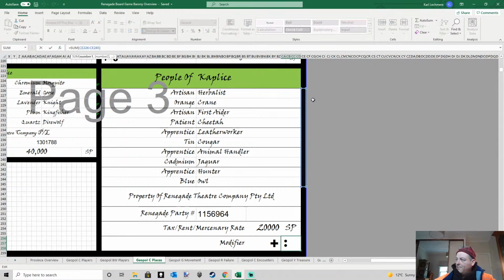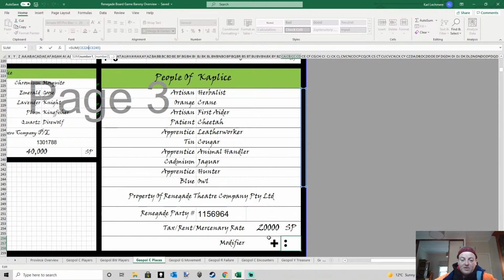You can see this highlighted section here. This highlighted section is referring to the rank of the individuals, and if the rank is Grandmaster, Master, Artisan, or Apprentice, it will generate a number, and this sum total makes up the modifier. The modifier is used in encounters and things like that in the Geopolitical,